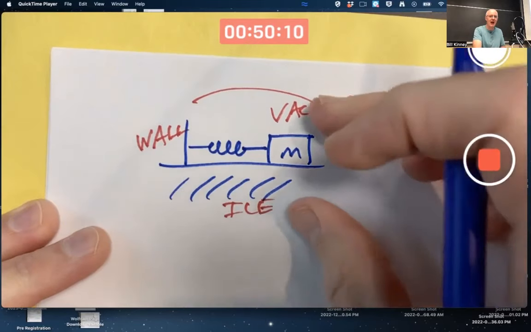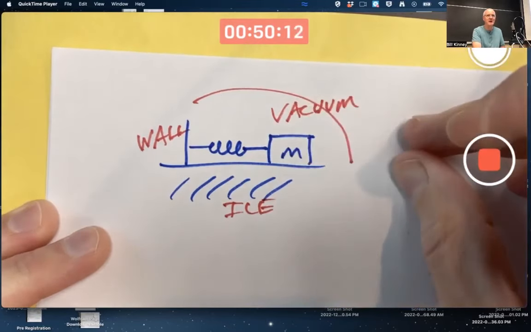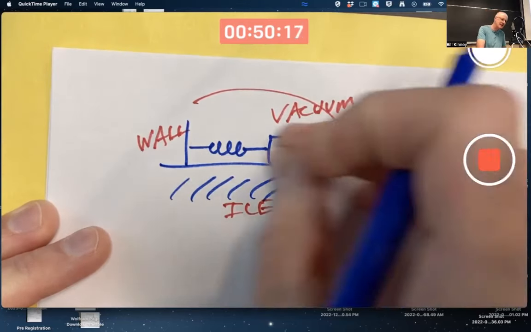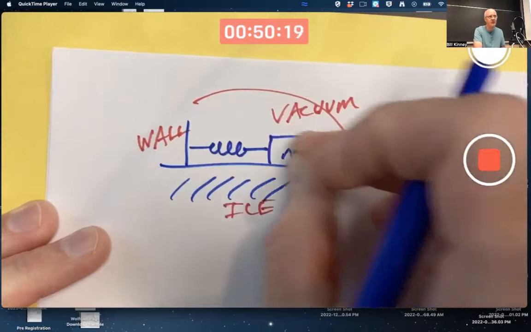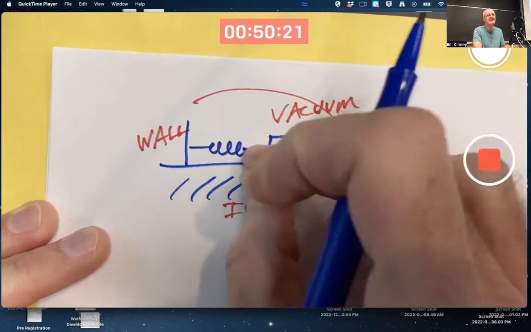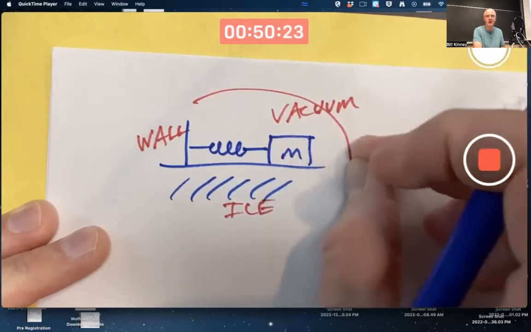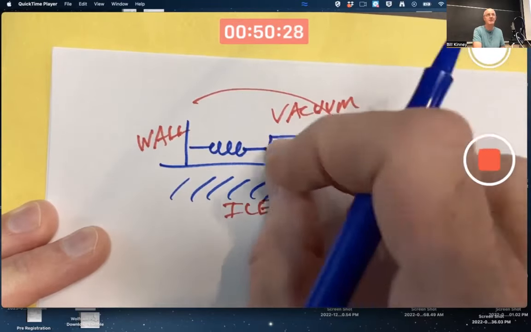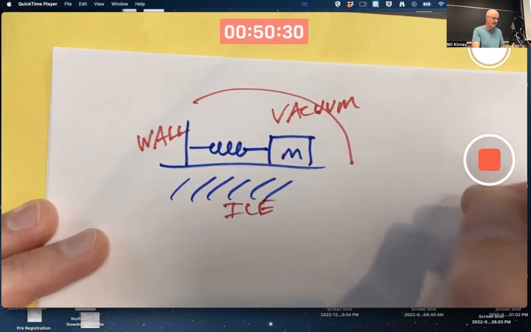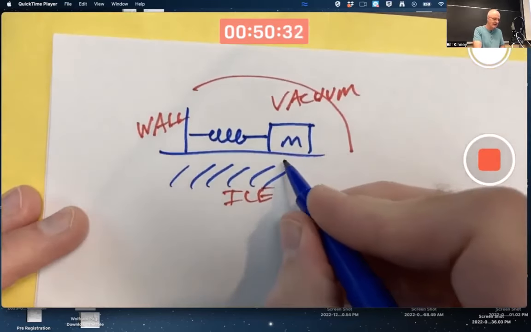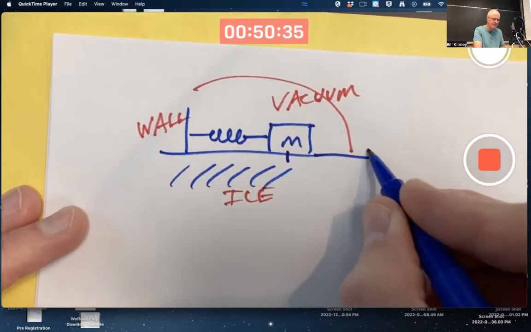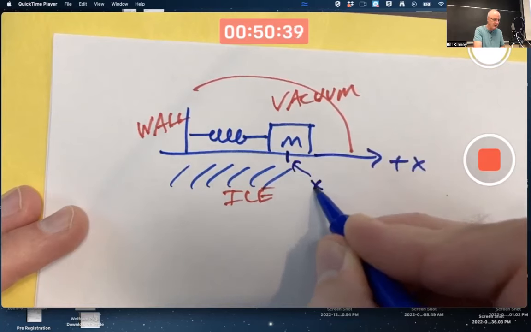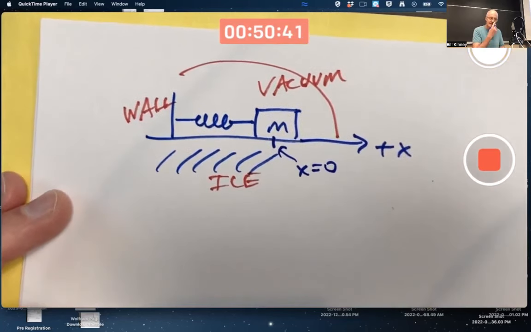What's going to happen? We're going to grab this mass, pull it a bit this way, and then let it go. If friction is minimized, it's going to go back and forth, back and forth, oscillate, basically with a constant amplitude because of the lack of friction. Technically, if there's no friction at all, it's going to keep going back and forth with the same amplitude forever. If this is a positive x-axis here, and if this is x equals 0 right there being the equilibrium position of this mass, it's possible